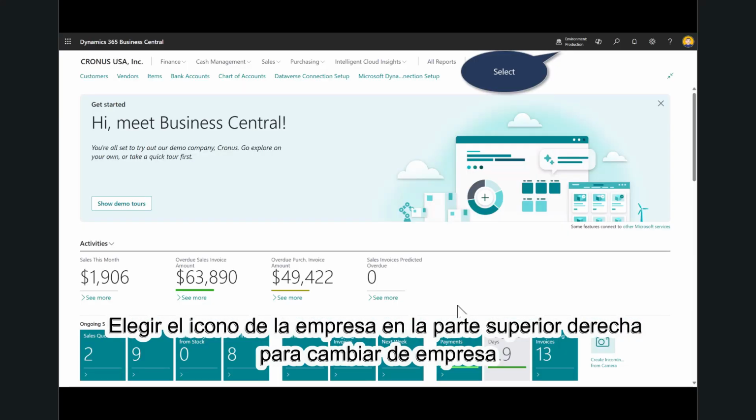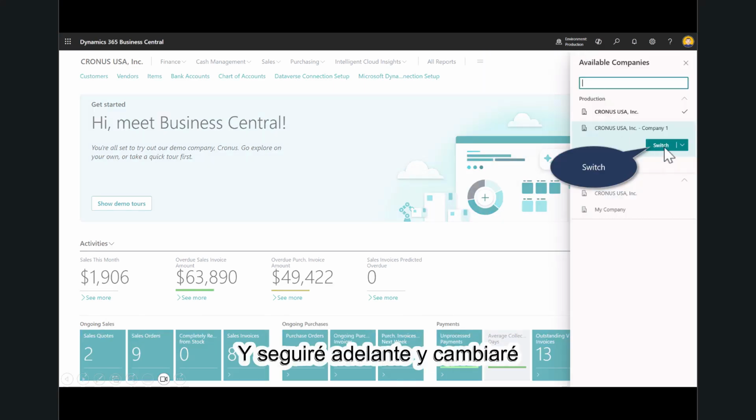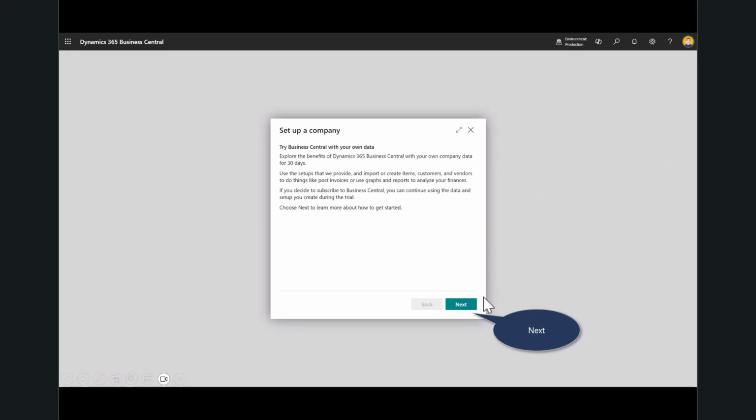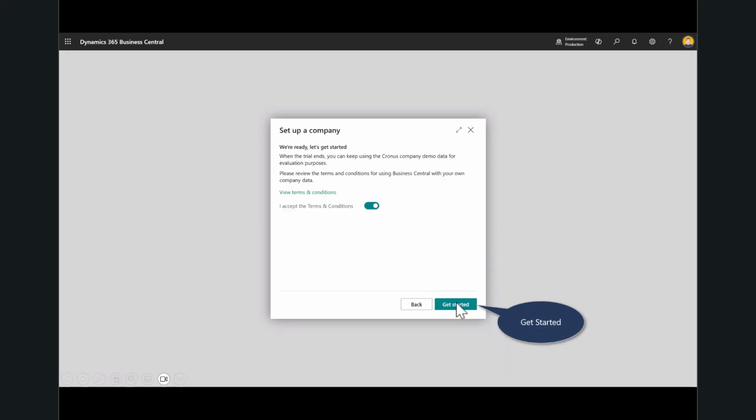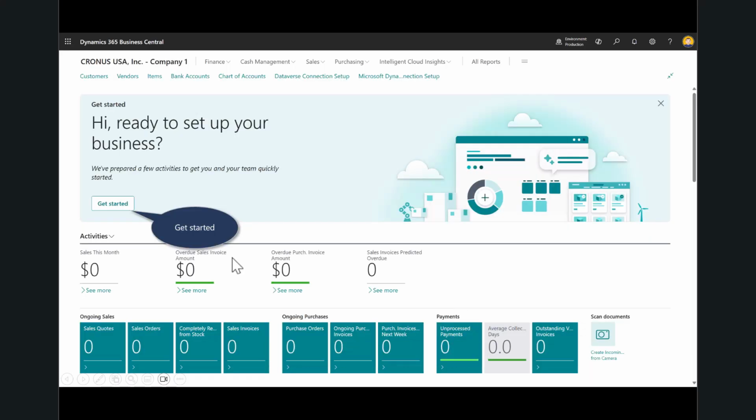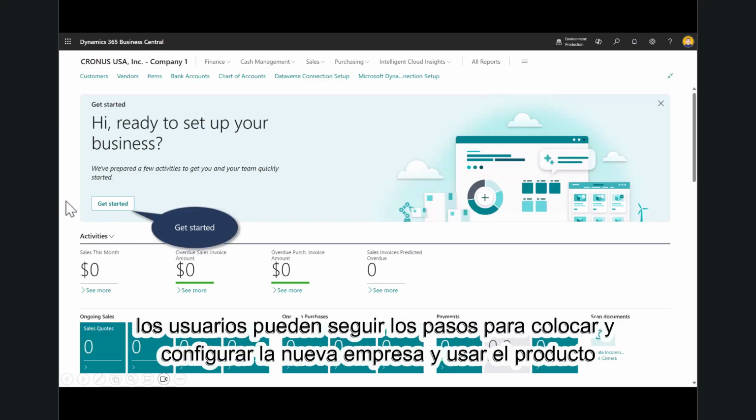To configure that company, I'm going to switch companies by selecting the company icon here in the top right. And I will go ahead and make a switch. And now I'm going to set up that company with some data. I'll go ahead and get started. And once that's created, the users can follow the steps to set up and configure the new company using